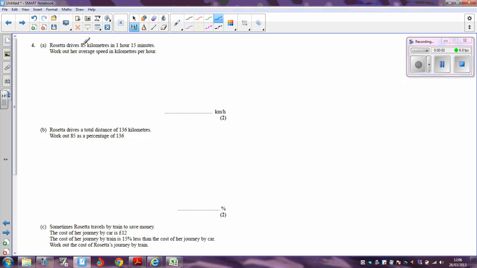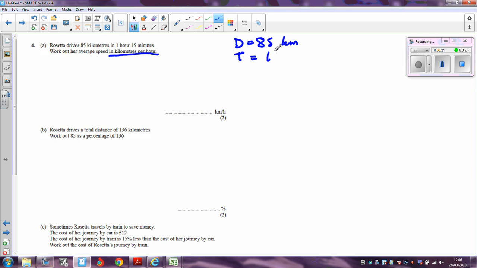Okay, we're told that Rosetta drives 85 kilometers, so a distance of 85 kilometers in a time of 1 hour 15 minutes. Now be very careful here. 1 hour 15 minutes is not 1.15 hours. We want the average speed in kilometers per hour, so we want the time to be in hours, but 1